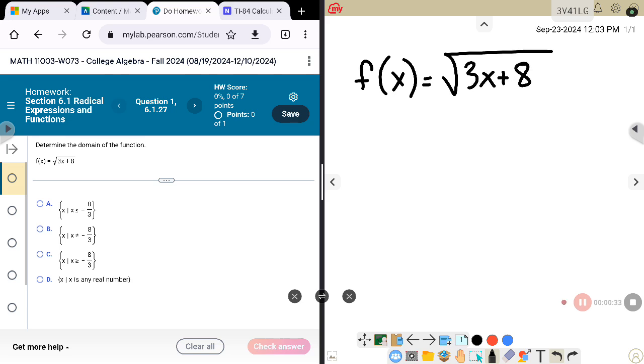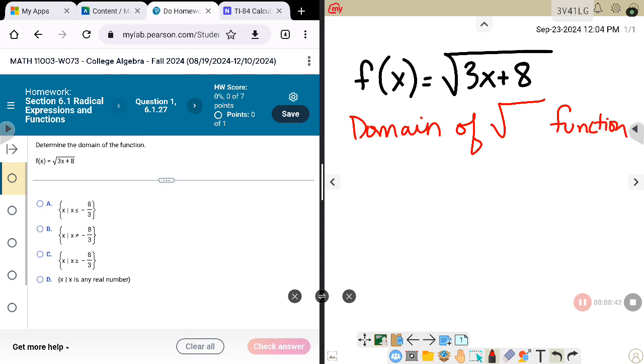When you're talking about the domain of the square root functions, the radicand, which is what is underneath that square root symbol, cannot be negative. So the way that we're going to say that is that the radicand has to be greater than or equal to 0, because that's how you are not negative, right? If you're less than 0, then you're negative. But I need the radicand to be not negative, so I need it to be greater than or equal to